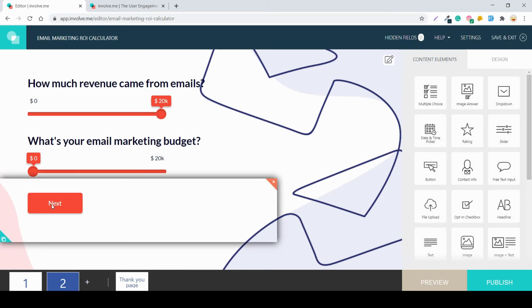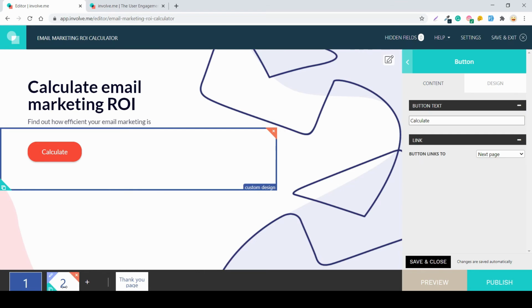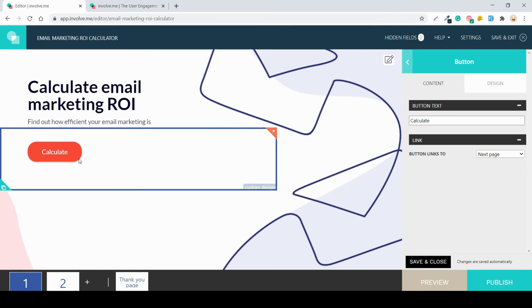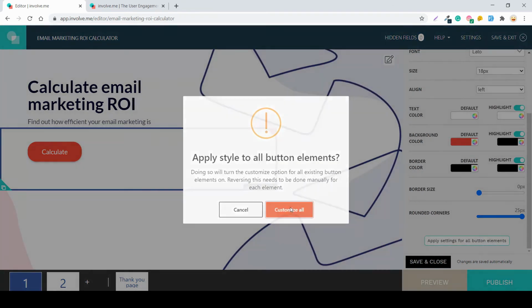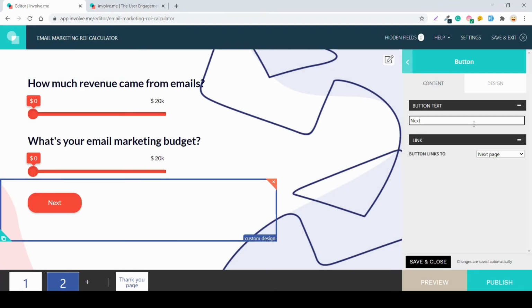Perfect. And you can see that this button is not as round as this button, so I can either copy paste this one, or I can go to the design and pick apply settings to all button elements, and now the button matches. Great. I'm going to write calculate in this one too,